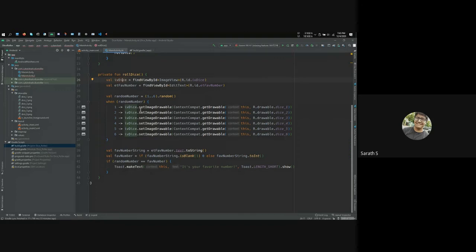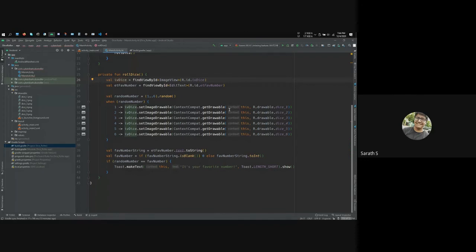So you call dot setImageDrawable. When we imported, we saw the keyword called drawable. Drawable is basically all the images in your app. So you're setting the image drawable to something which you already saved. How you get that image that you saved is using this long line. This is actually super, I mean, it's super repetitive.